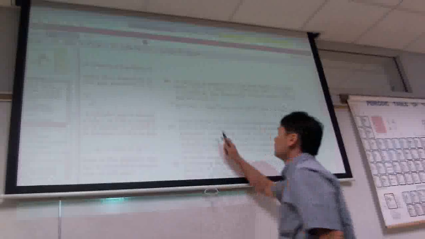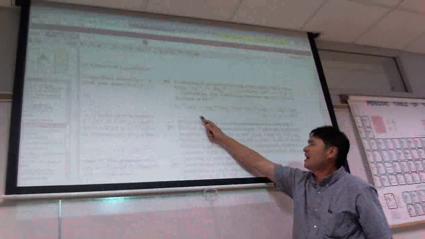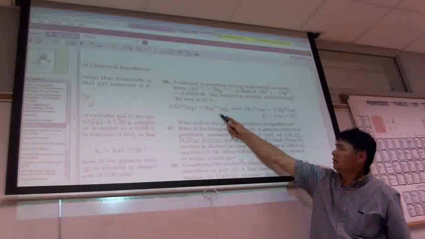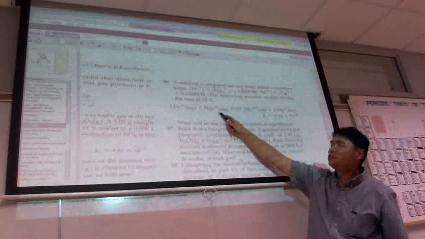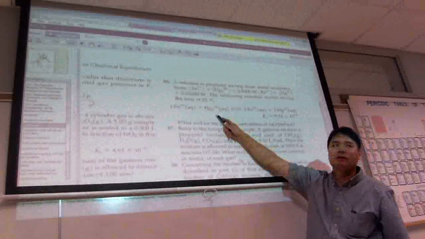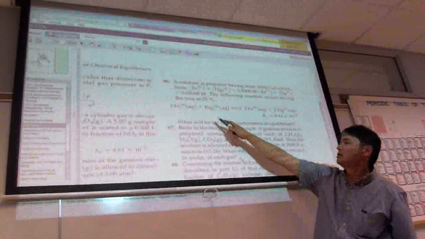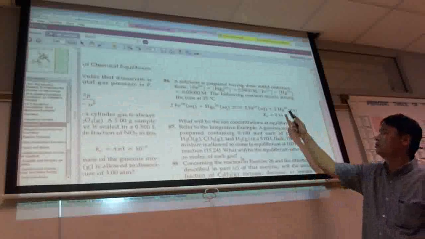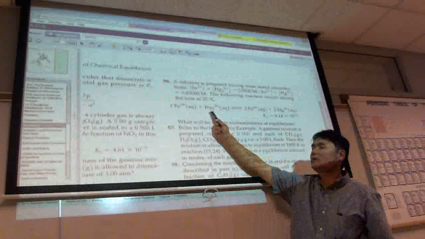This is number 86. The reaction for number 86 is 2 iron 3s, and this is mercury. Hg2 2+ is called mercury 1. And so we got iron 3, mercury 1 yields iron 2, mercury 2. This is an example of a